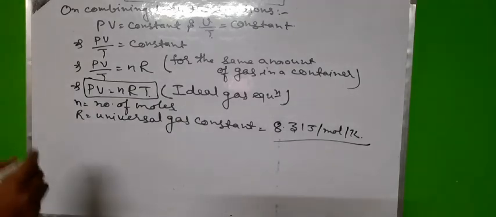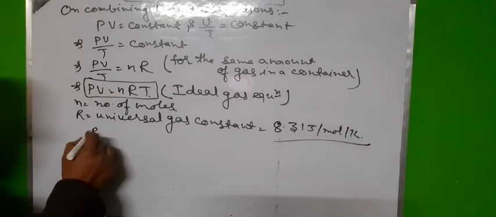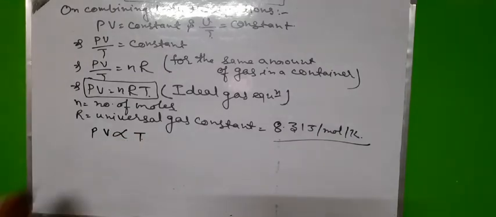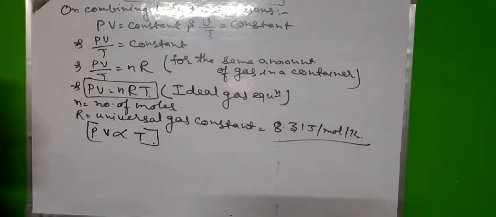So from here we can say that pressure into volume is directly proportional to temperature. So this is about, dear students, the ideal gas equation, and this is the cause for a gas to be used to measure the temperature by a volume gas thermometer. On this principle, since pressure and volume are directly proportional to temperature, this property can be used by the gas to measure the temperature.